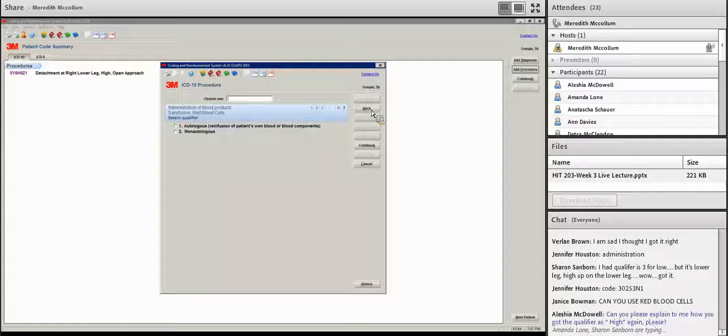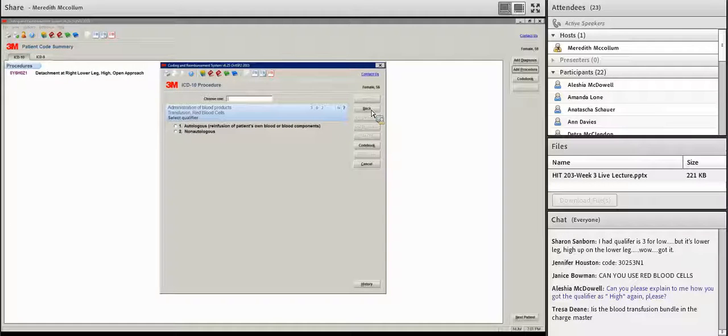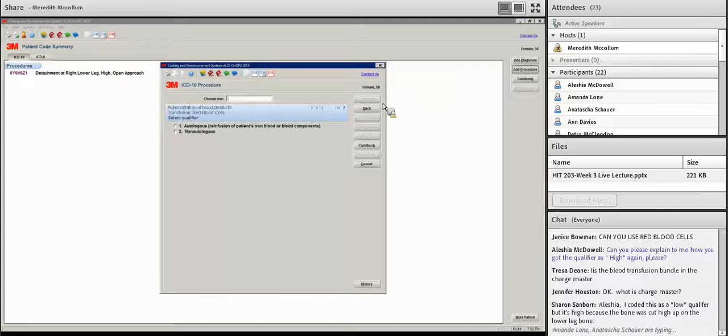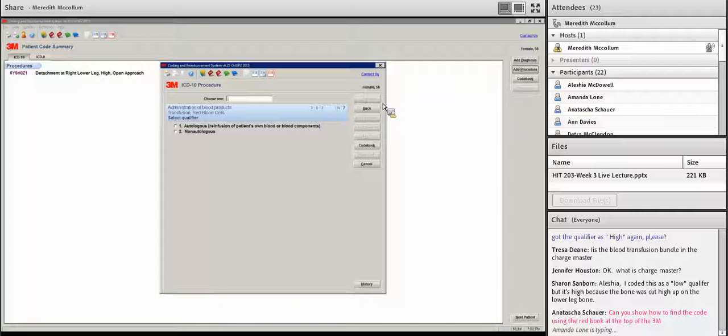So what most hospitals have done is the charge master picks these up. Yes, it is picked up in the charge master, so we don't have to code these anymore. I've worked in places where they wanted every single blood transfusion coded. I've had to code like 30 blood transfusions in one visit. I've had places where they say, okay, code it once. I've had some say, don't code it at all. The charge master,